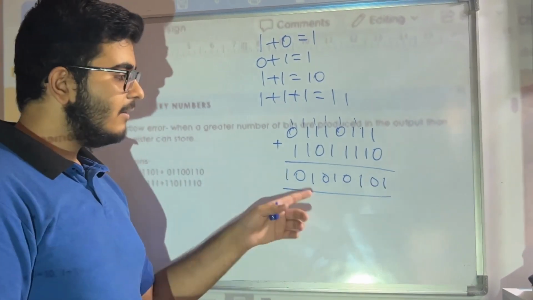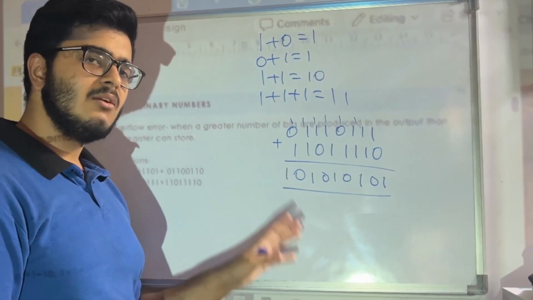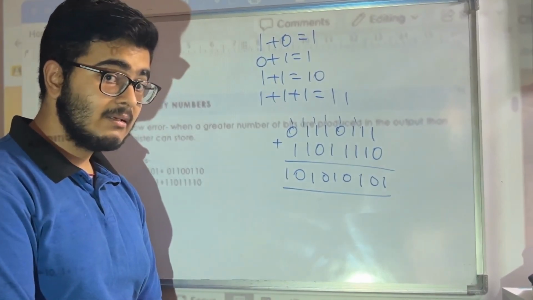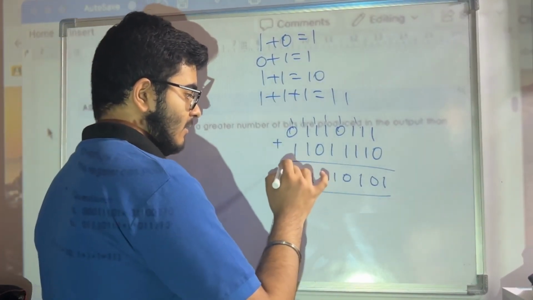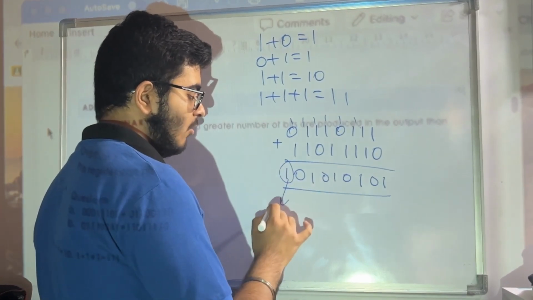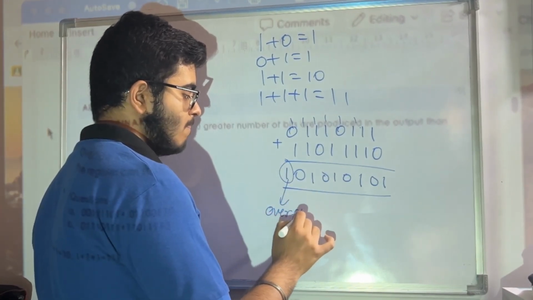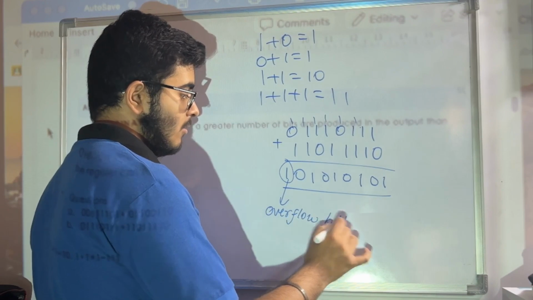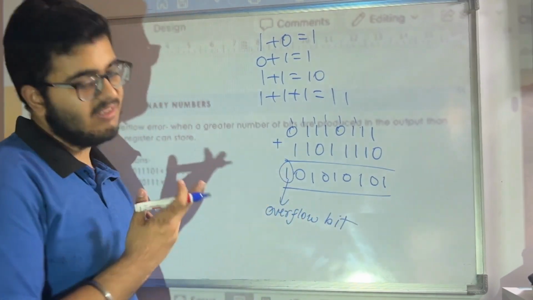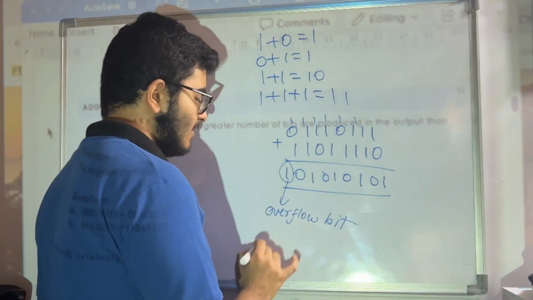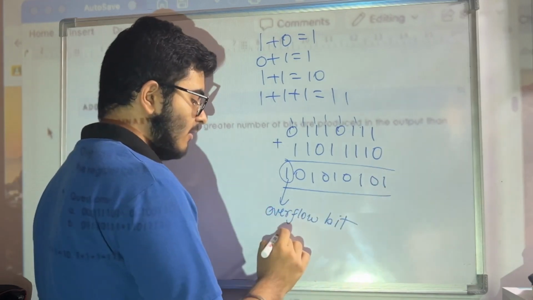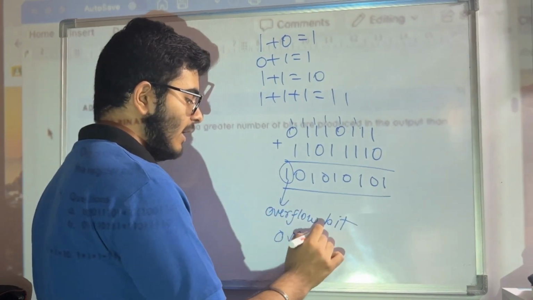But didn't I tell you that a register can only store 8 bits, right? This is called an overflow bit. This bit is overflowing, that's why we call it overflow bit. It's pretty self-explanatory. And this kind of an error we call overflow error,